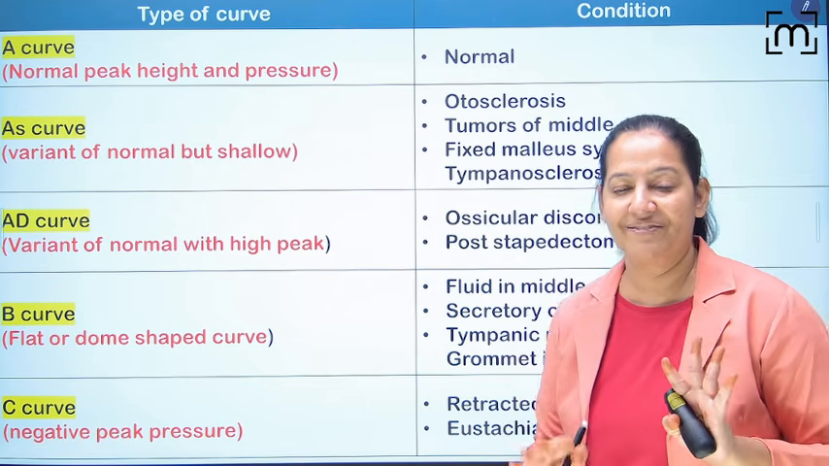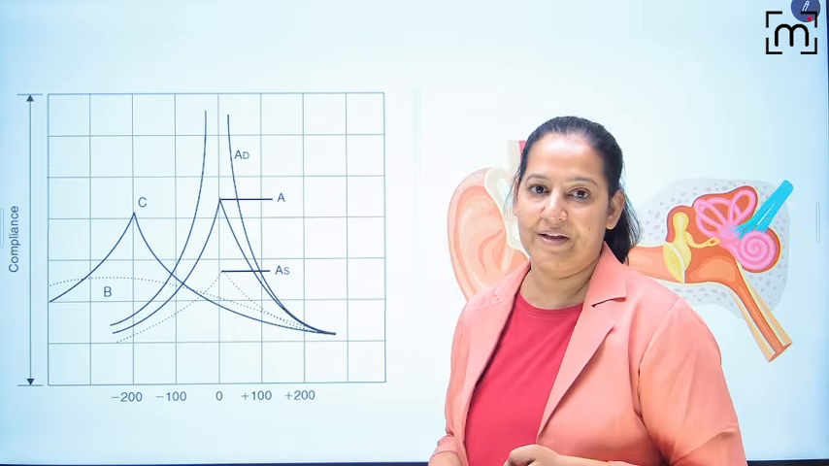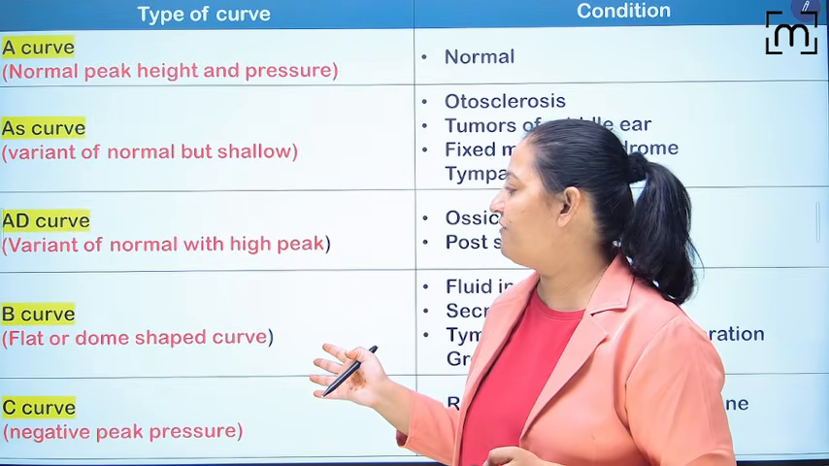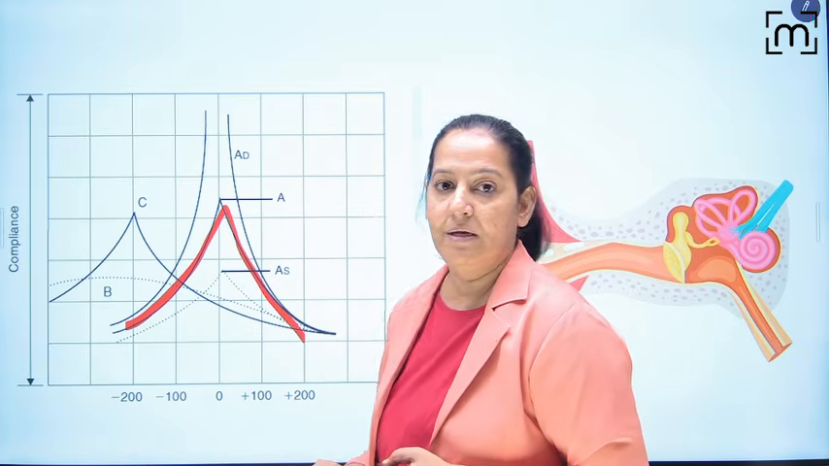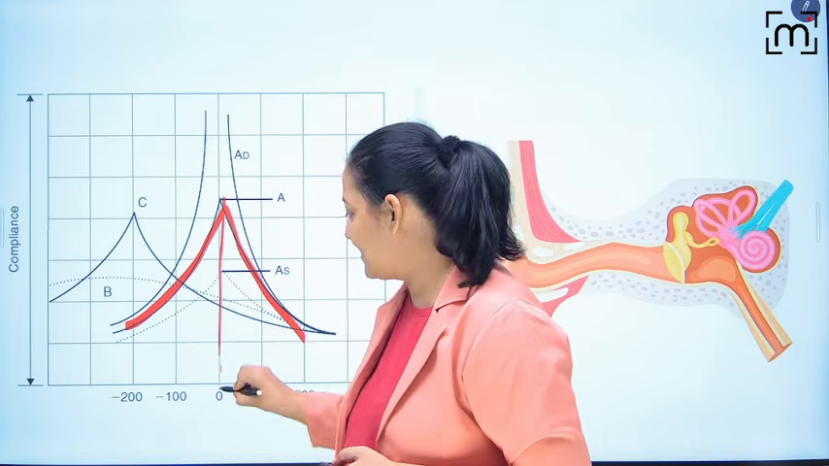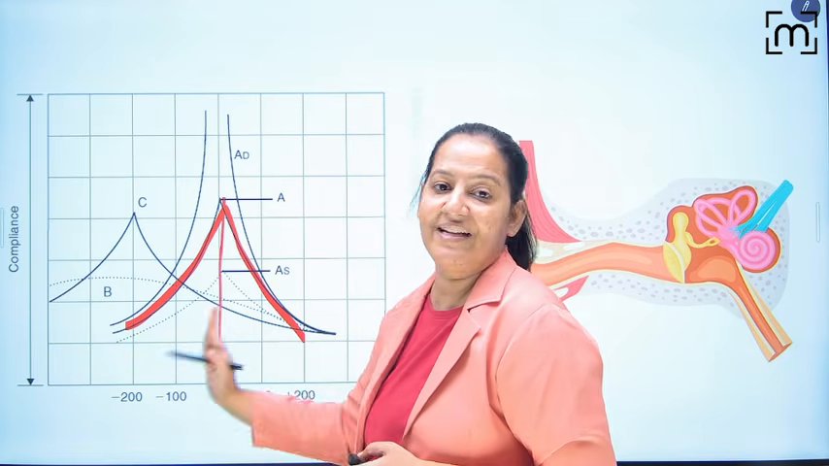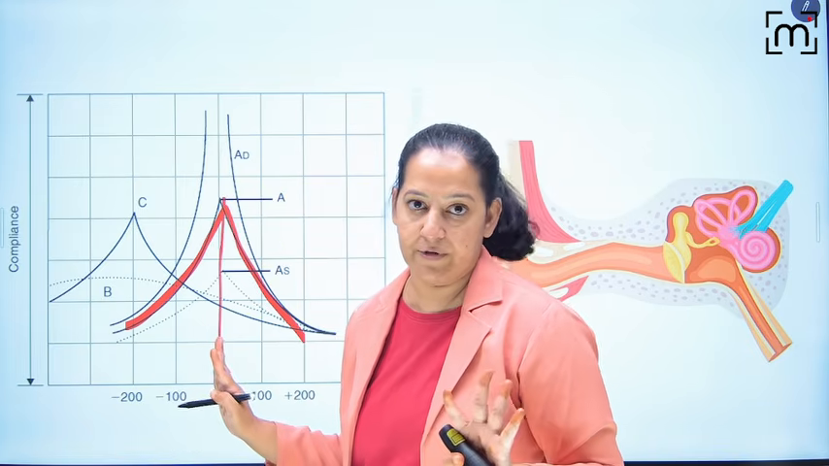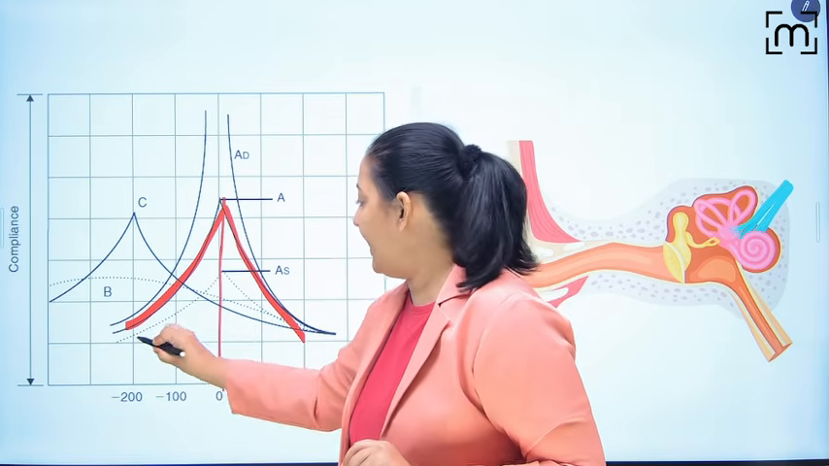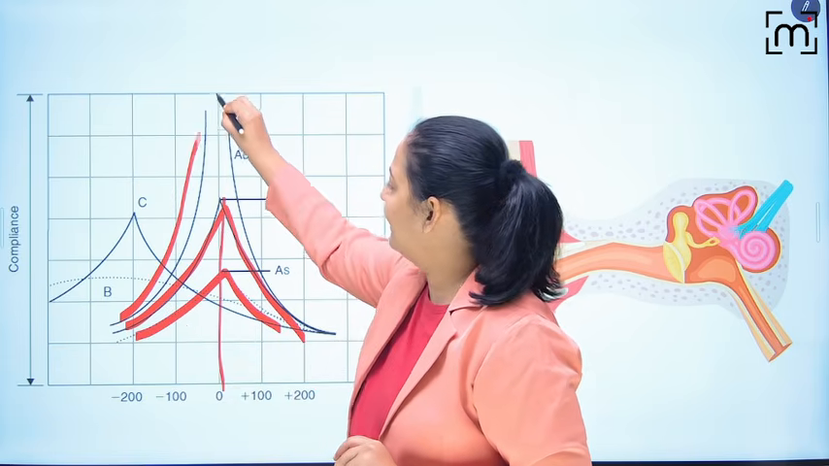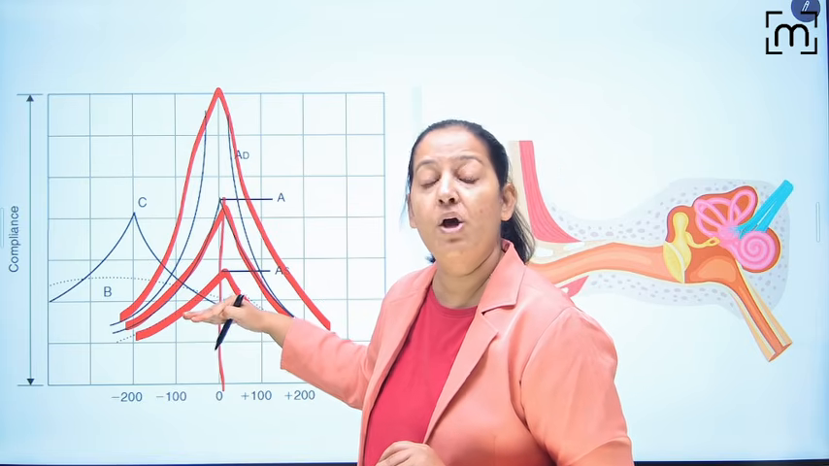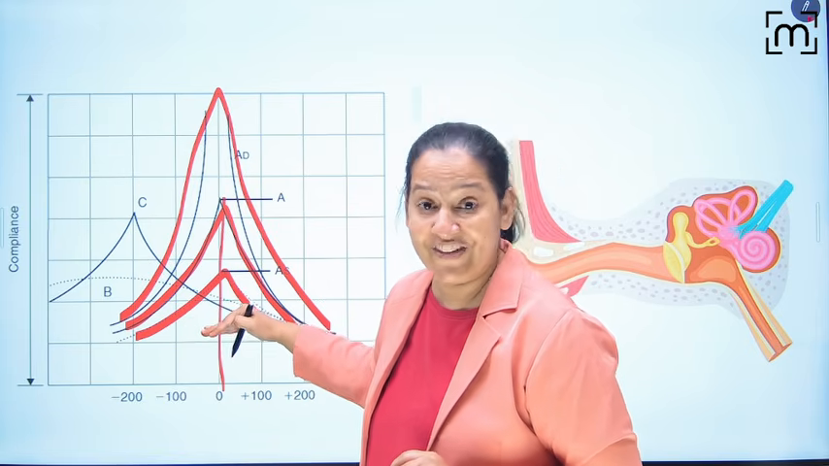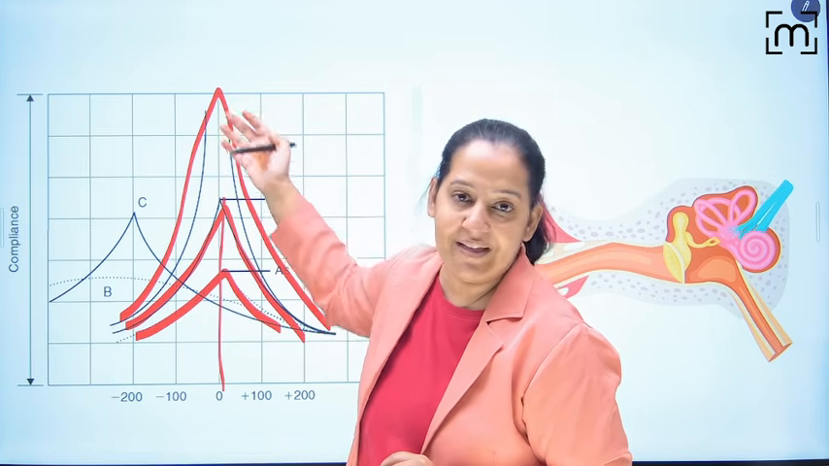So what have we learned? We have learned 5 types of tympanogram. Can we revise all 5? You can see this is normal, A. A is normal, with maximum compliance at 0. On increasing and decreasing pressure, compliance reduces. It is bell-shaped. Now AS and AD are the types of A. AS is seen in otosclerosis or ossicle fixation, and AD,